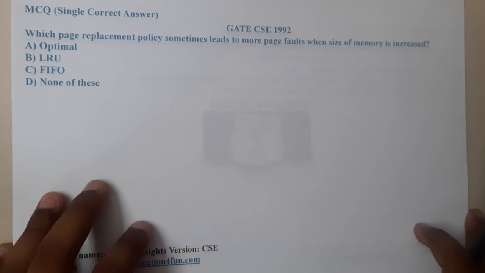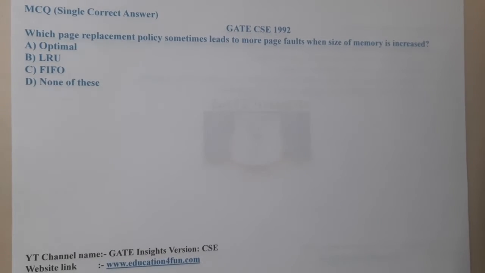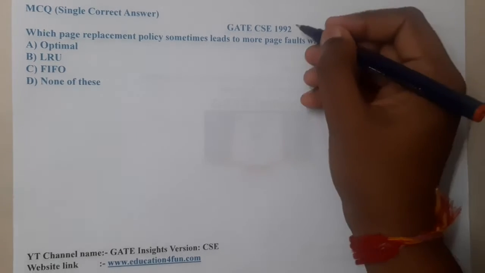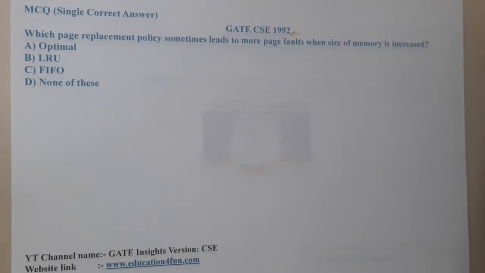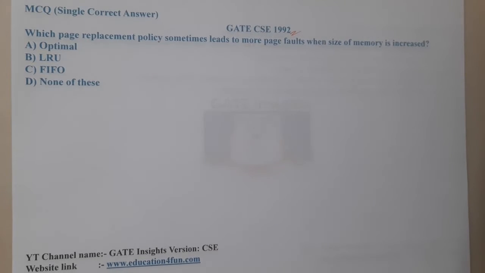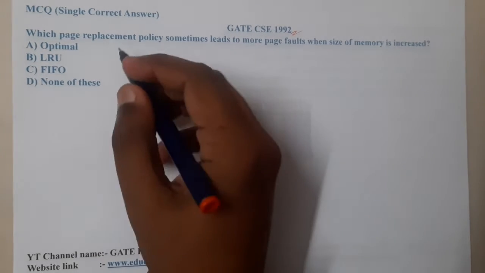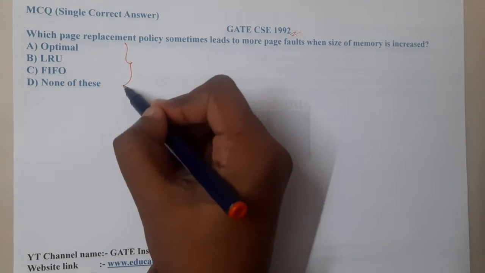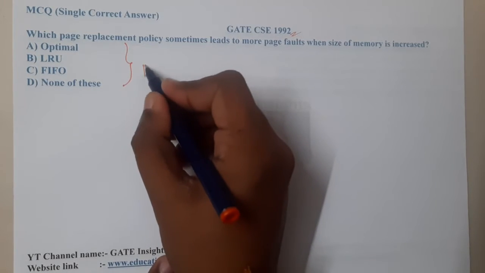In this lecture, let us go through the next question. This question belongs to GATE CSE 1992. The given question is: which page replacement policy sometimes leads to more page faults when the size of the memory is increased? So basically this question is a direct theoretical question, guys, and if you recall, we discussed a concept